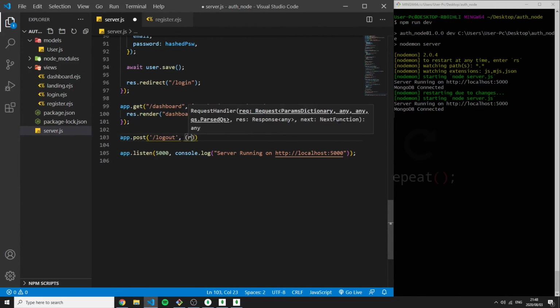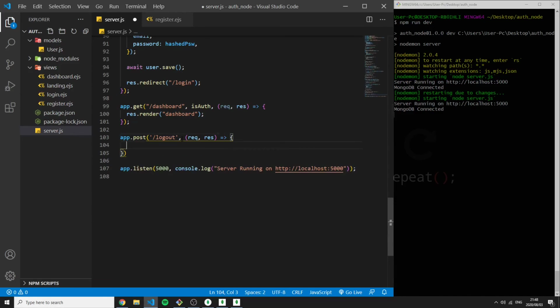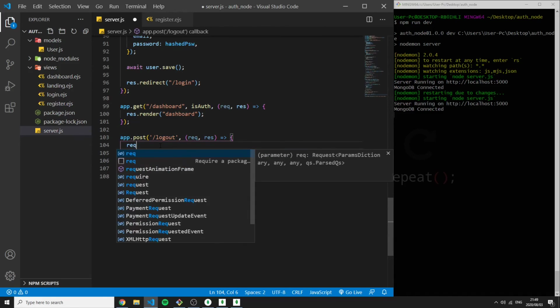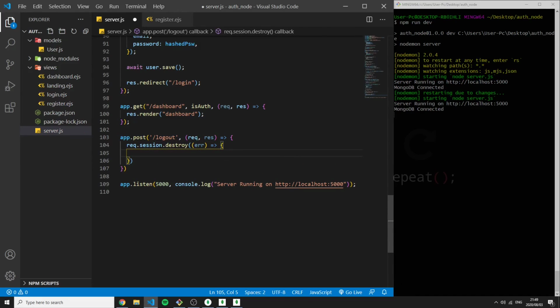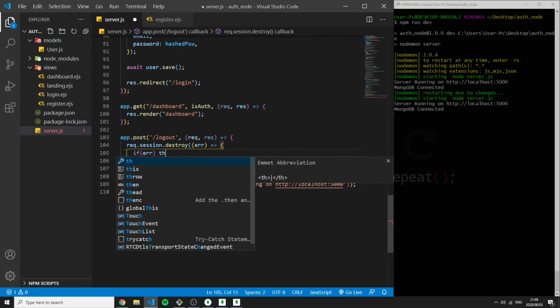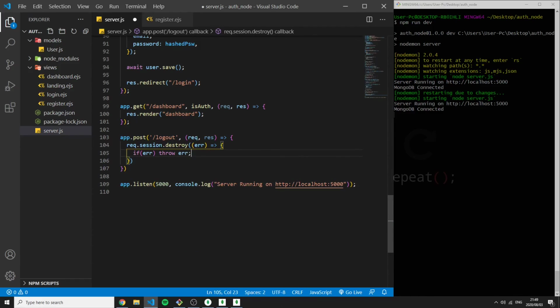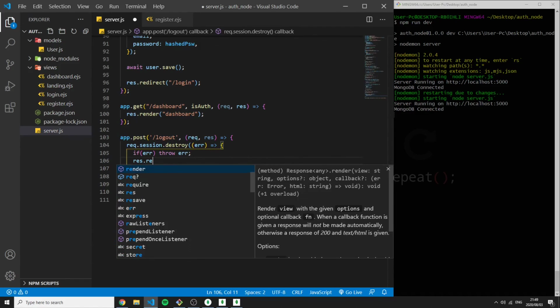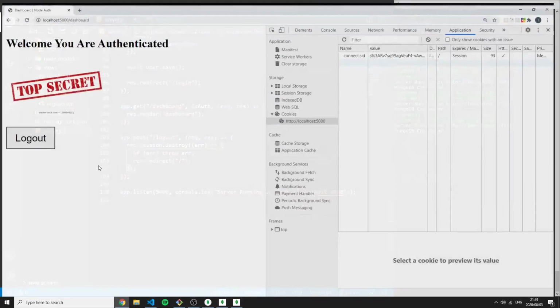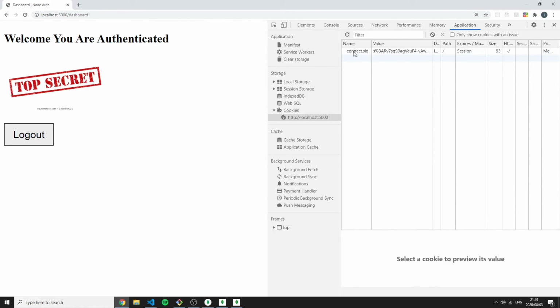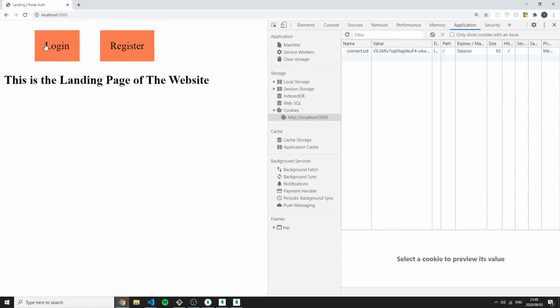So we can trigger this request, response, and here we can say request.session.destroy, and this destroy has a callback with an error, and if there is an error, we will throw that error, which there shouldn't be, and then we just want to res.redirect to the landing page. With this all set up, let's go back to our application. We can refresh. We are still logged in because of this session ID, and if I log out, it throws me back to